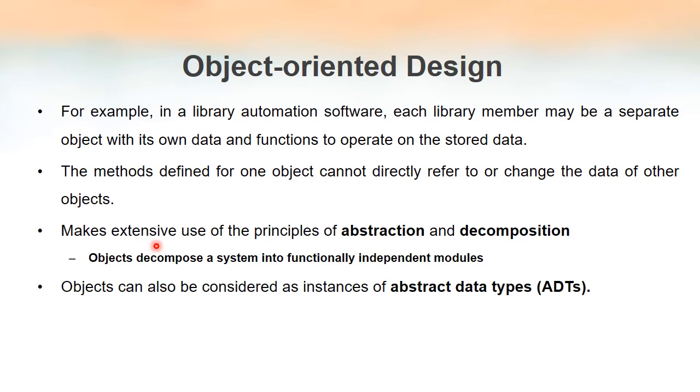Object-oriented design makes use of these two principles, abstraction and decomposition. Abstraction means to represent only the essential features by hiding the internal complexity. For example, when we switch on the TV, we can see the programs on the channel that we are viewing right now. Or when we switch on the fan, it starts rotating, or when we press the accelerator, the speed of the car increases. All these are examples of abstraction.